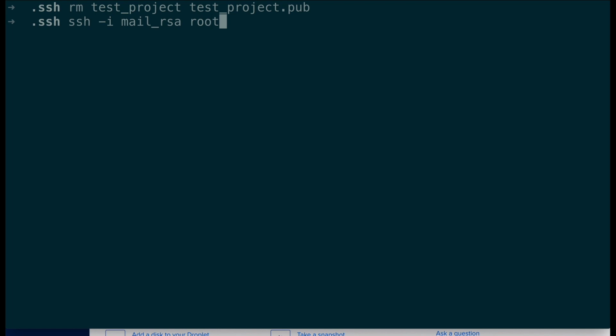It's usually called root, although sometimes when you get a droplet from the marketplace, your default user might be called something like admin. You'll have to read the instructions for that particular droplet. If you are setting up just a regular droplet, usually you will SSH in as root, and then you will create new users after you get into the server. So I'm going to do root at the IP address of the server